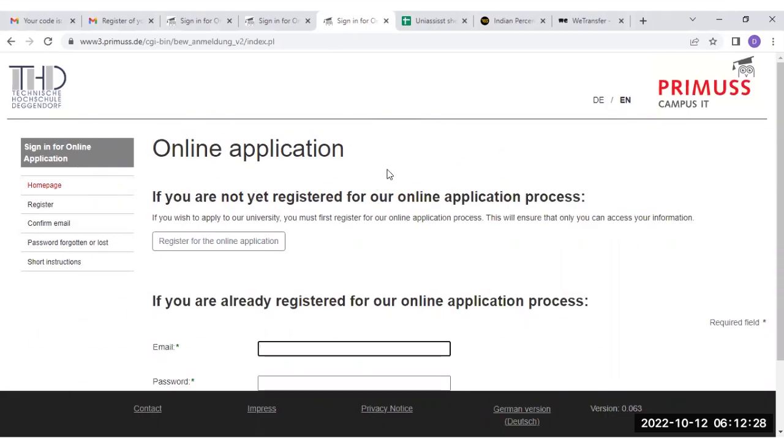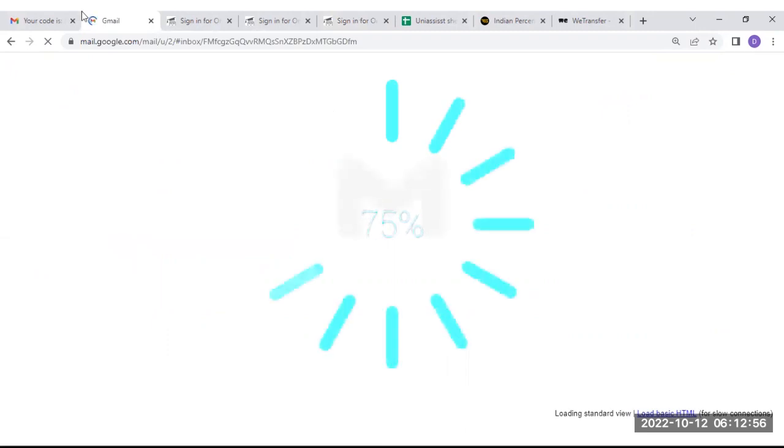Friends, as we discussed, we're going to discuss how to apply for the University of Deggendorf. The most important part which you have to keep in mind is that you need to register yourself for the online application. Whenever you land on the portal of the university, you need to register yourself here. I have already registered myself, and whenever we register, we always have to fulfill the basic